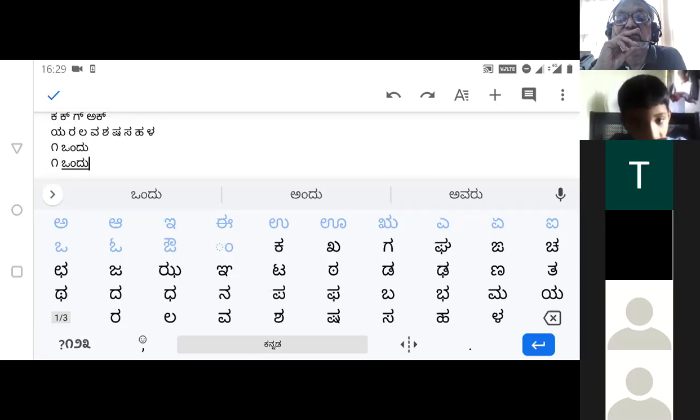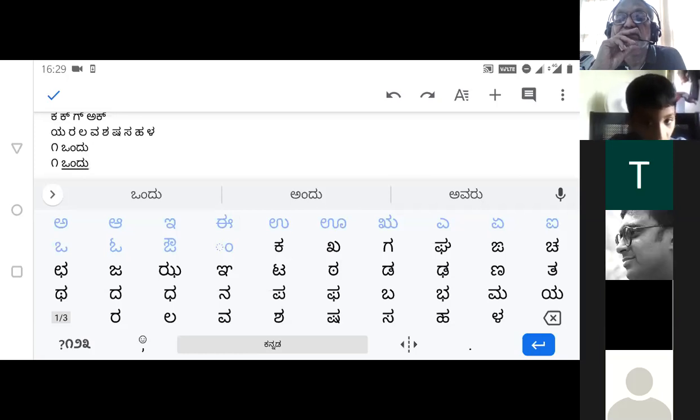No, Tilu, I'm not getting it. Actually, if the other fonts have not been downloaded, you will not get that option. Sir, today you continue, sir. I'll take my son's help and I'll just check what it is. I'm not knowing what is wrong here in my mobile.